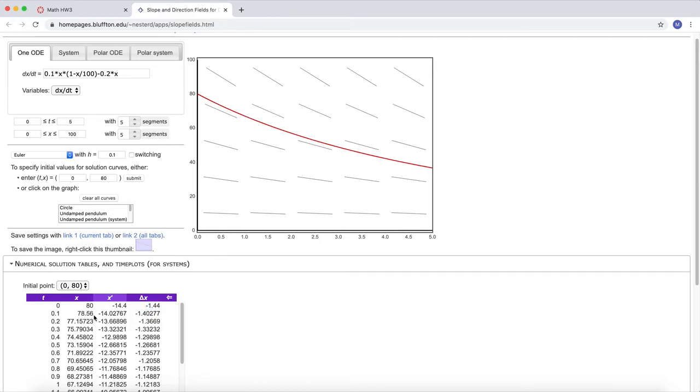78.56. Rinse and repeat. What I mean is you would just take this current state, 78.56, plug it back into the x prime, get this value for x prime, multiply it by dt, and then change the state accordingly for the next step. So at time point 0.2, I should get the answer of 77.15723.